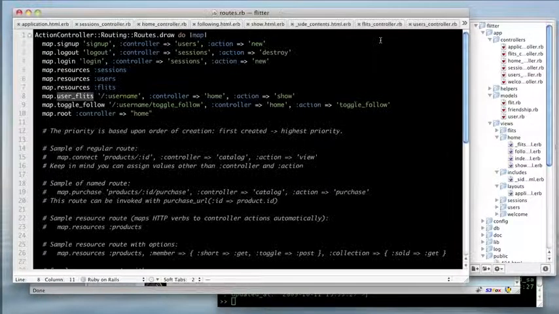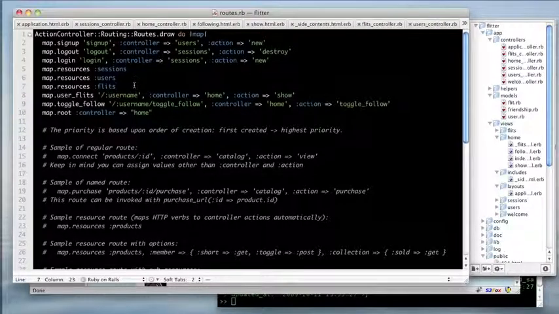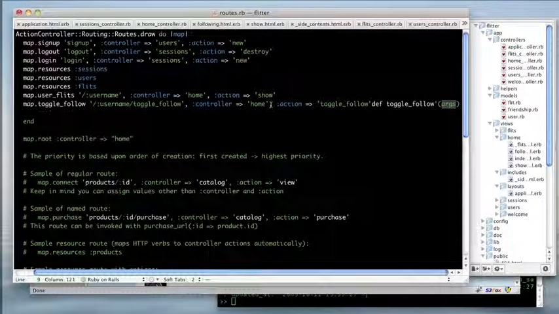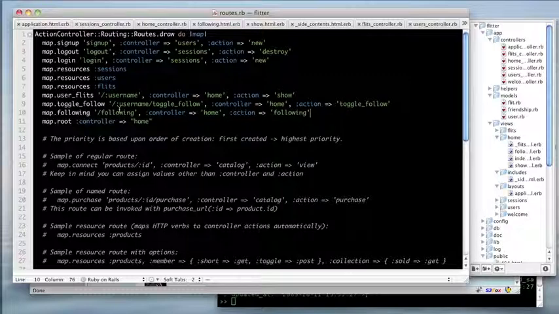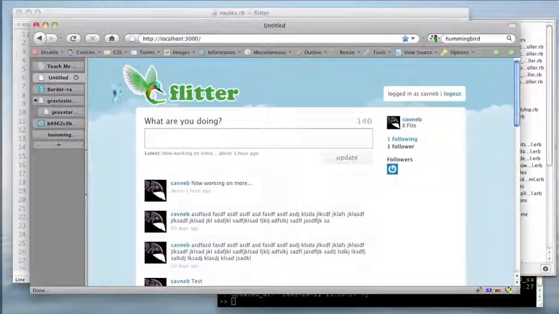Okay, so let's go to our routes and make sure that we have the route in there. So we have our home controller here. Now we want to map following and controller would be home and action would be following. So now if I go to just /following, it'll show all of the people that I am personally following. So let's try that,